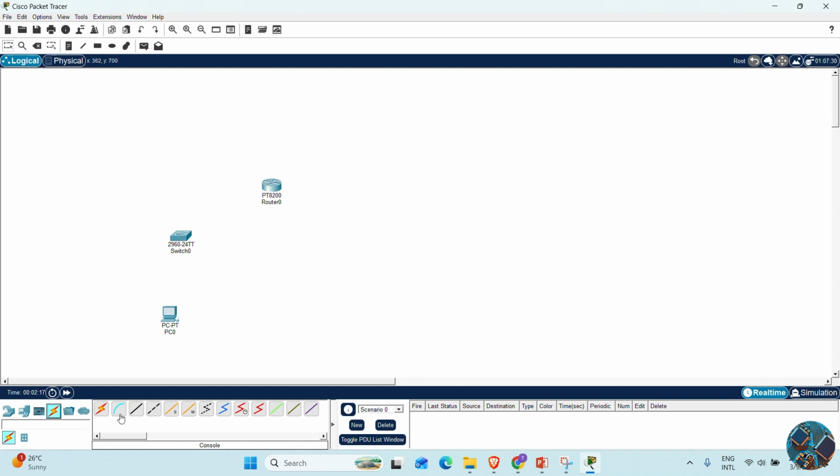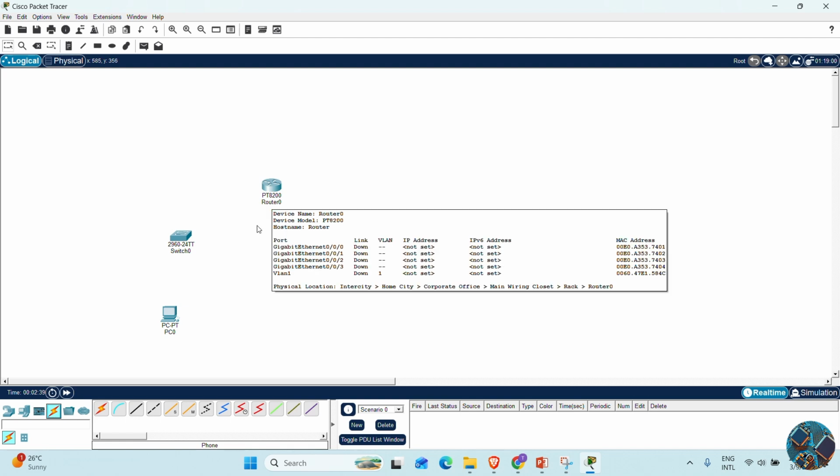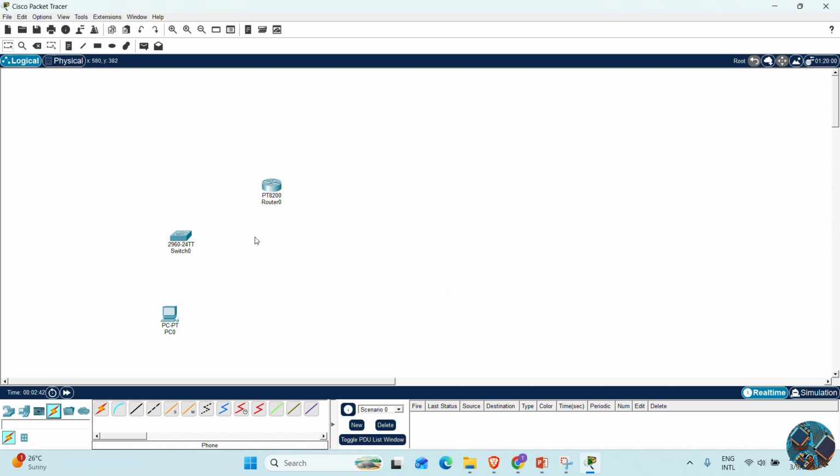So here are the different kind of connections available. So if you don't know about the ports in the router and switches, you don't know how to connect the cables. So what cable is preferable for between switches and routers? Sometimes you have to know, sometimes you don't know. So for that you can use this